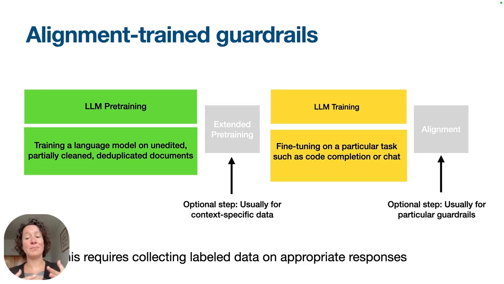So we don't want to have to pay extra to catch it. We want to just have a model that doesn't have that. Now, of course, it is difficult because models are trained on the internet, and the internet isn't always a friendly place. So what we have here, when we do alignment, or what I would call alignment or trained-in guardrails,